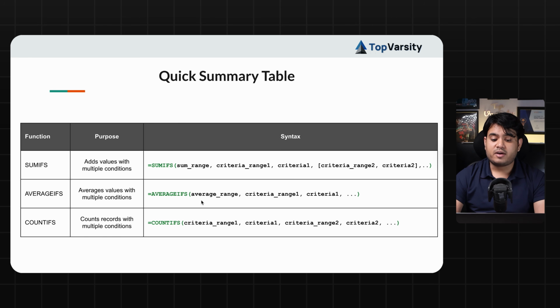But for COUNTIFS you don't need to select an average range or sum range. There is no count range for this formula. It will directly start with criteria range 1, criteria 1, criteria range 2, and criteria 2. So I hope you have understood everything about the IFS functions. In the next lecture we are going to see pivot tables, how you can build a pivot table and other stuff, so that you can clear all the important Excel functions regarding data